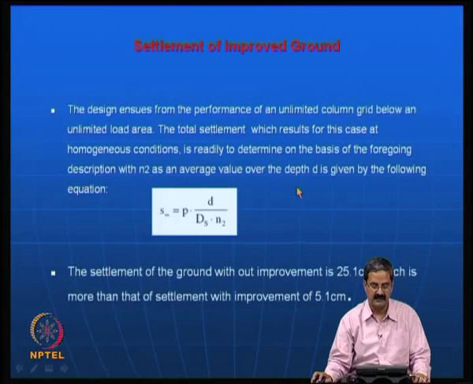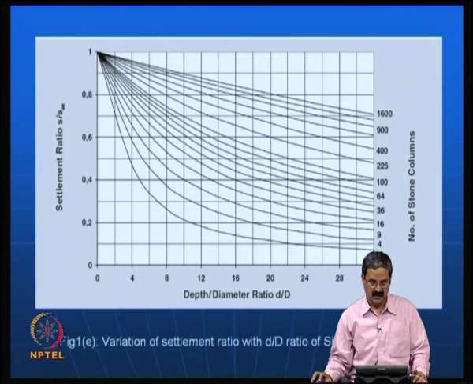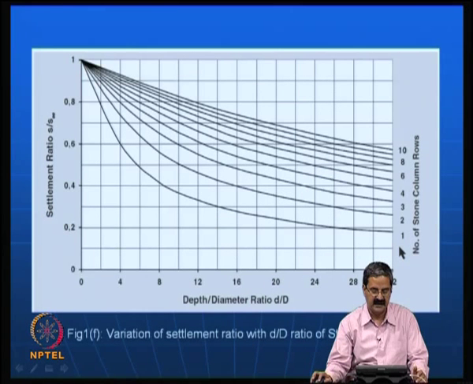Then there is a simple example that we worked out, and there is another factor that comes into the picture here, the settlement ratio. In terms of the settlement ratio, depending on the number of stone columns, one can get this on a single footing. This is a simple expression. We will see some of them. It is actually a very useful contribution, because this is widely used by Keller's group. Many other people must also be using it, but it is important that we have some of these concepts well illustrated.